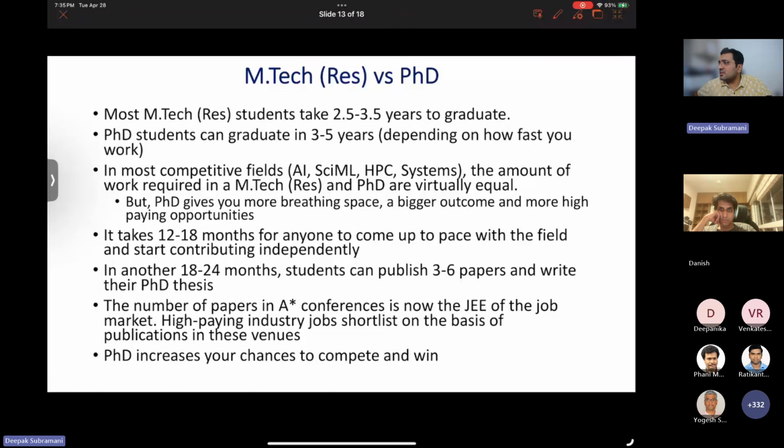If I select MTech research in the form, will I be later allowed to update it to PhD before joining? During your interview, you can tell the panel what you are interested in, and there will be a discussion, and at that time you can decide. But if you are interested in both, select both.